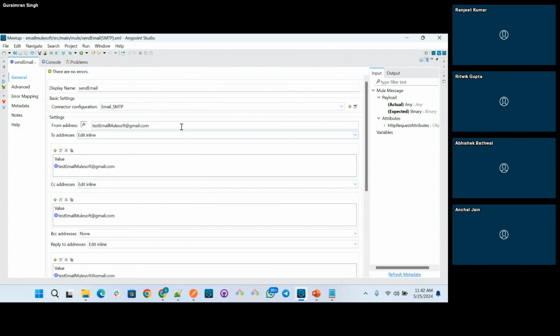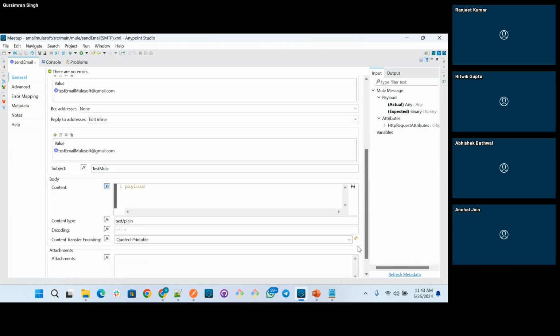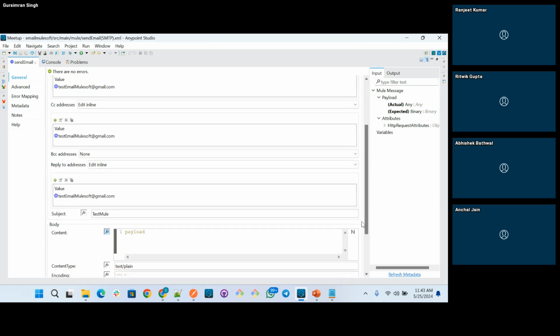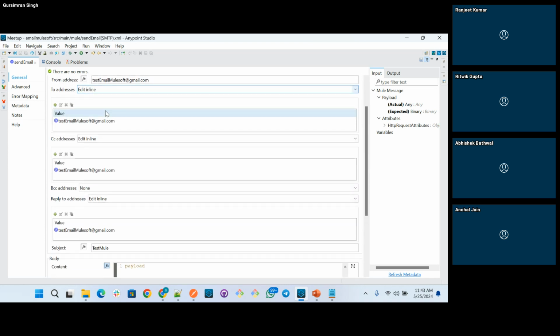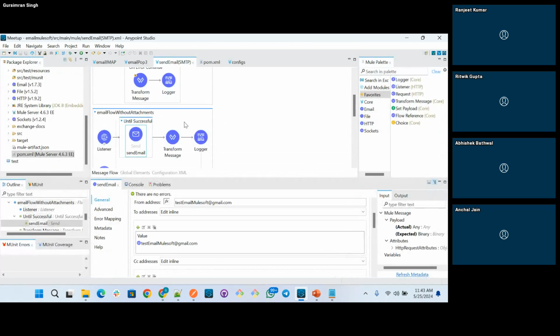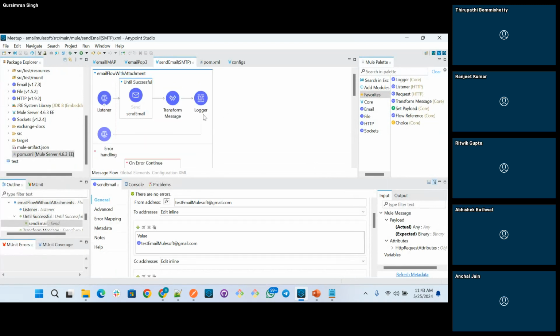Just for demo purpose, it has been hard coded. But when we work in real time, we don't hard code it. Either we provide it from the property file, or from the payload or the data we are providing, as a dynamic value. Yes, correct, Abhishek, you raised a very good point. If you do any integration for any engagement, don't do it like this, you have to pay the price. You can also give it dynamically. So these are the use cases.